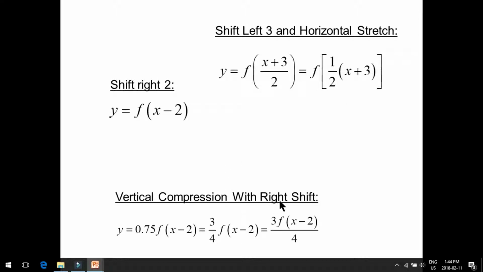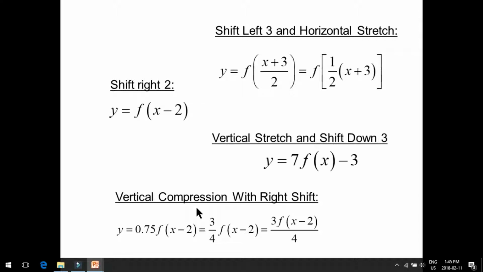This is a vertical compression with a right shift. We can see the right shift here within the input station. Anything in the input station is left-right motion. And we can see this is outside the input station, so it's vertical, and it's a number less than 1, so we're going to multiply the y values by a number less than 1, and that's going to cause a vertical compression